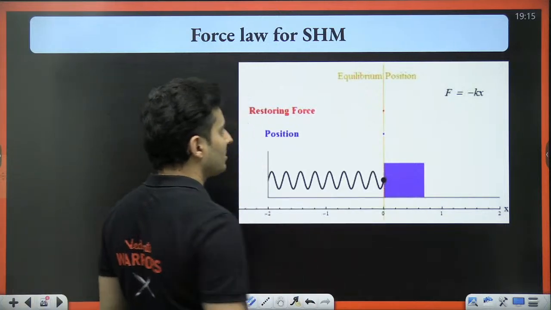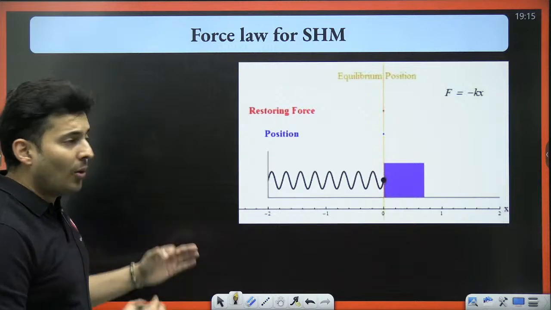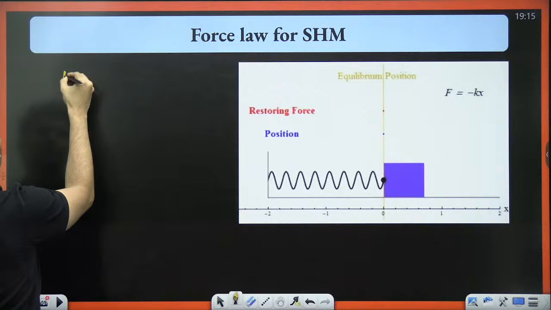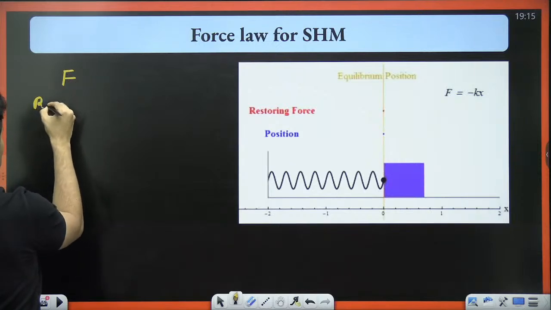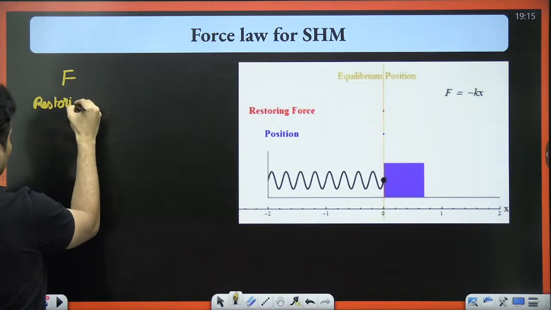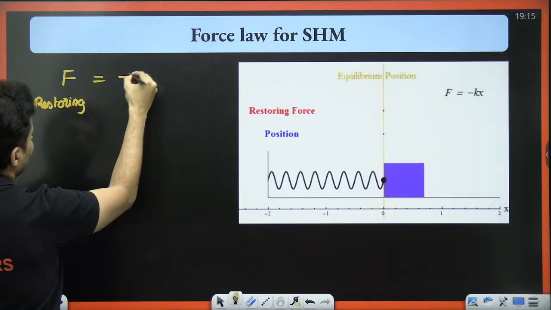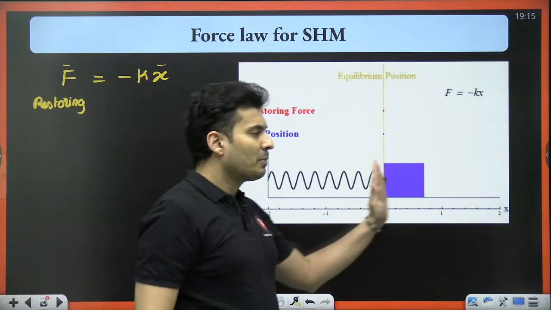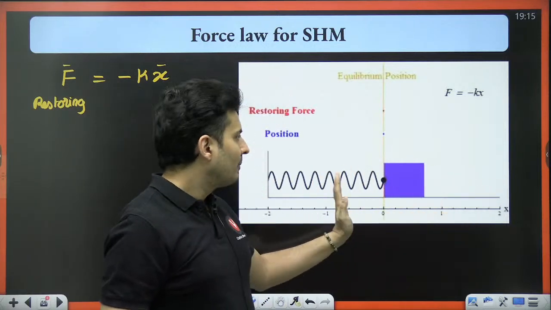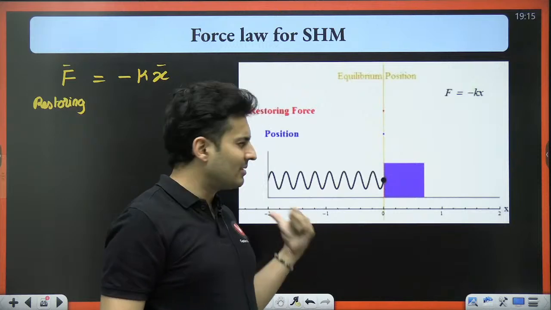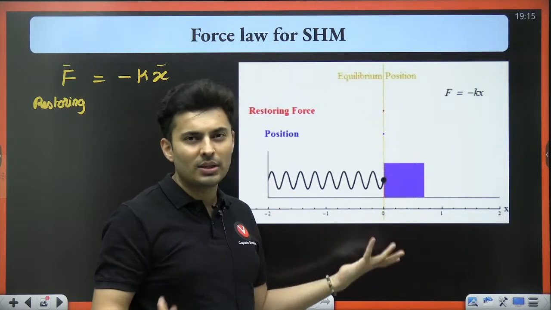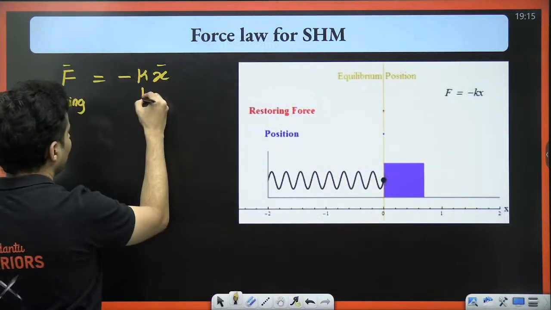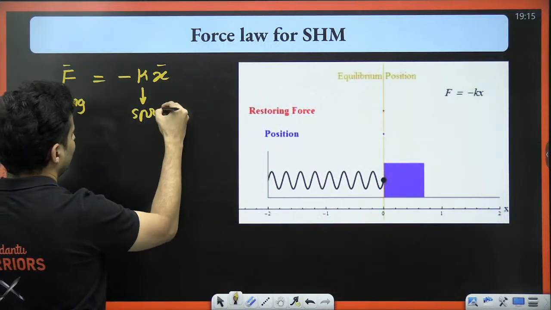Now, my dear students, whenever you have a spring mass system, the restoring force of a spring is given by minus kx. Is that right? F is minus kx. If you pull the spring, extend the spring by x amount, the force is opposite to x. That's why the minus sign. Otherwise, the magnitude is kx. K is basically your spring constant.